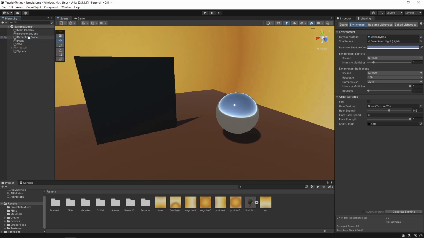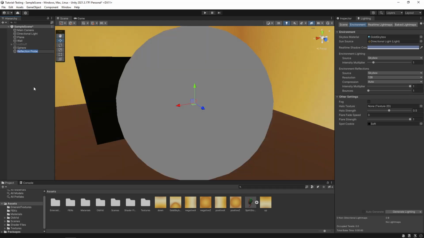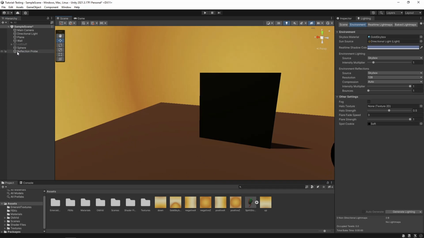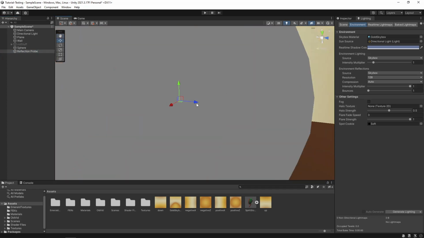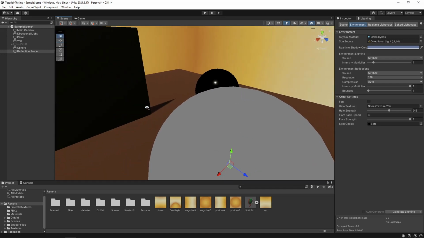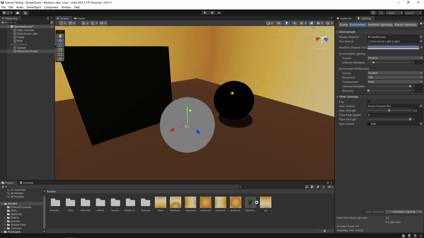So to make one, you can right-click in the hierarchy, go to light, and then reflection probe. And then it's just going to pop up right there. And then it's going to disappear, but you can select it in the hierarchy to find it again. And let's just get that out of the way. So what we're going to do is